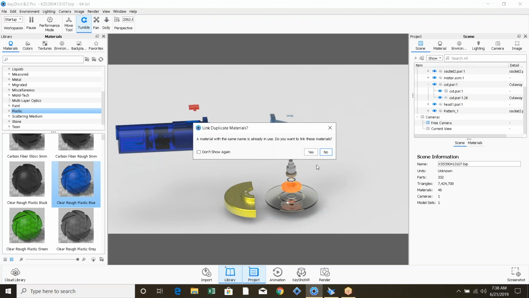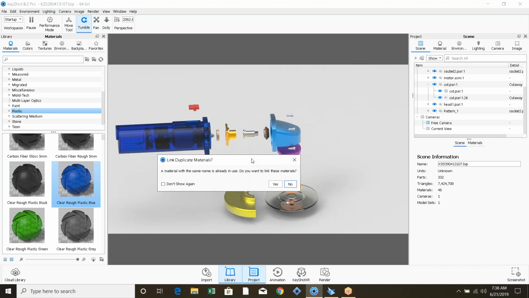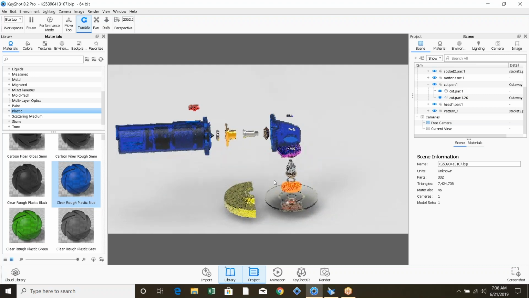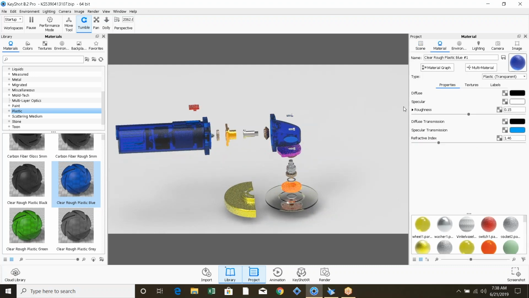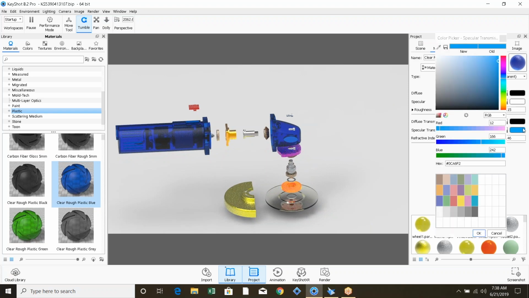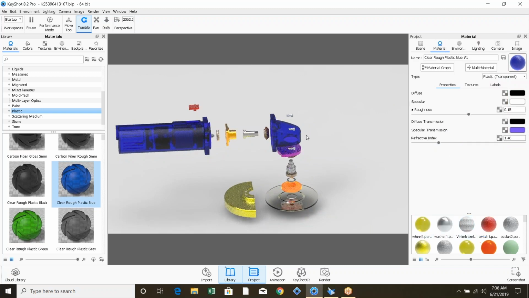So what we have here is a question. It's going to ask me if I apply a material to two items with the same material, if I want these to be linked. Linked them, I say yes. So if I accept that, what that allows me to do is I can go into materials now, and we have our material graph, if I just want to start changing the colors of some of the things in here. And that's going to basically change both the items at the same time